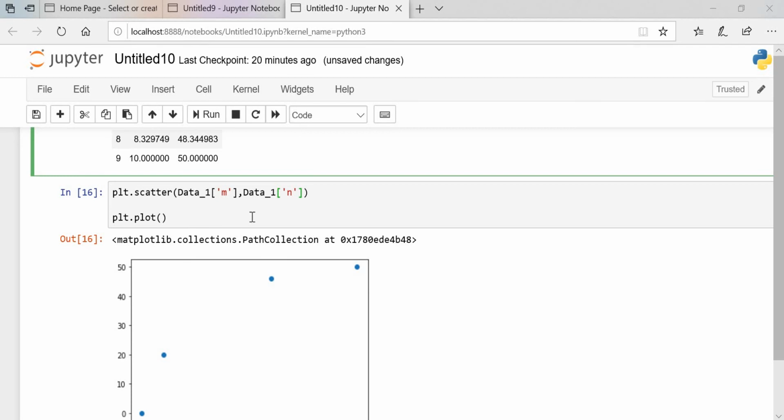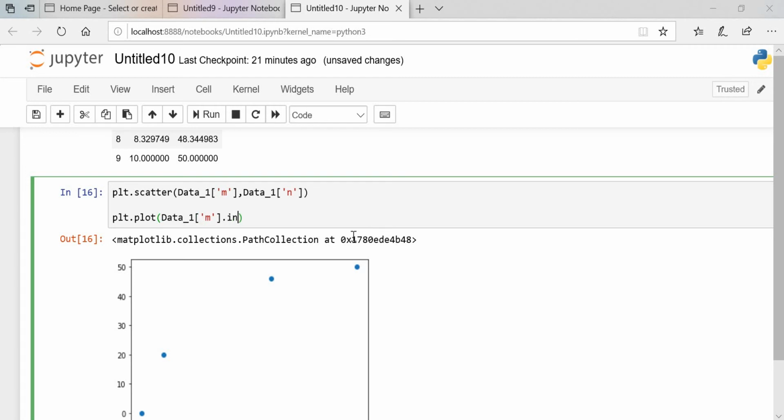So the first one is data_1 dot, sorry, I need to use the column, that is m, and simply use interpolate, and inside I'm going to use the method, that is linear.